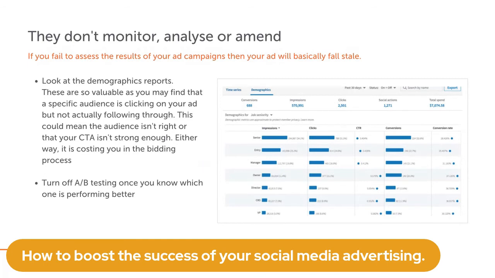They'll run two ads together with a different graphic or different wording, a different call to action, however, and they forget to turn the one off that isn't performing. So once you know which one you want to go with, remember to turn the other one off, otherwise you will be getting charged, obviously, for two ads running.